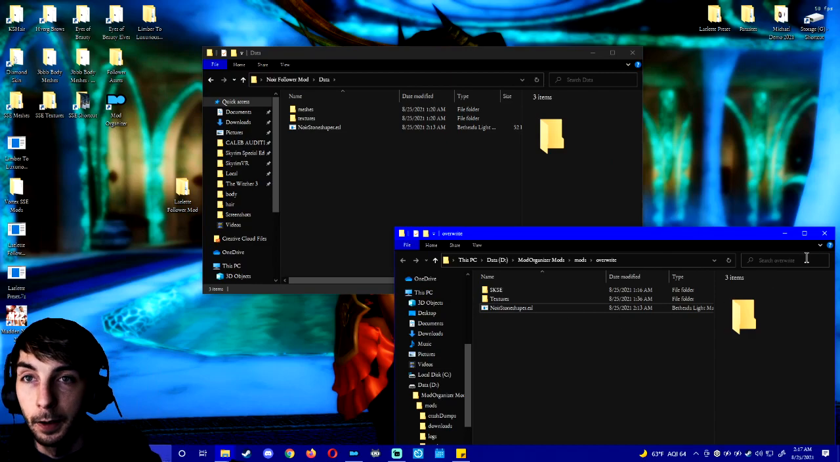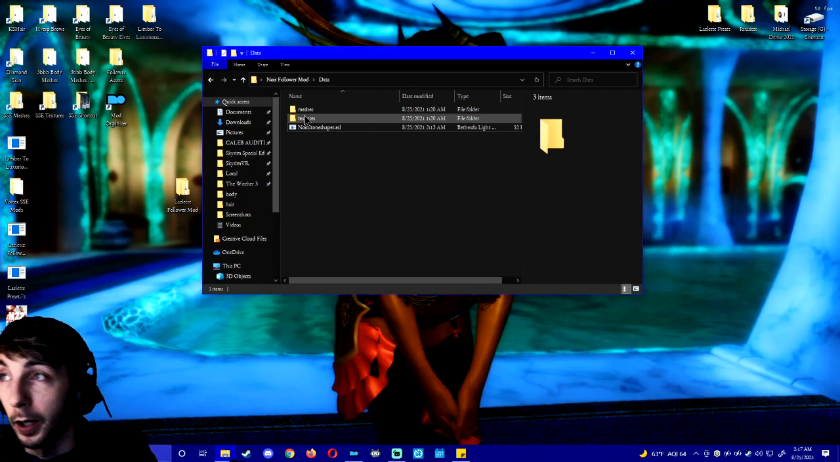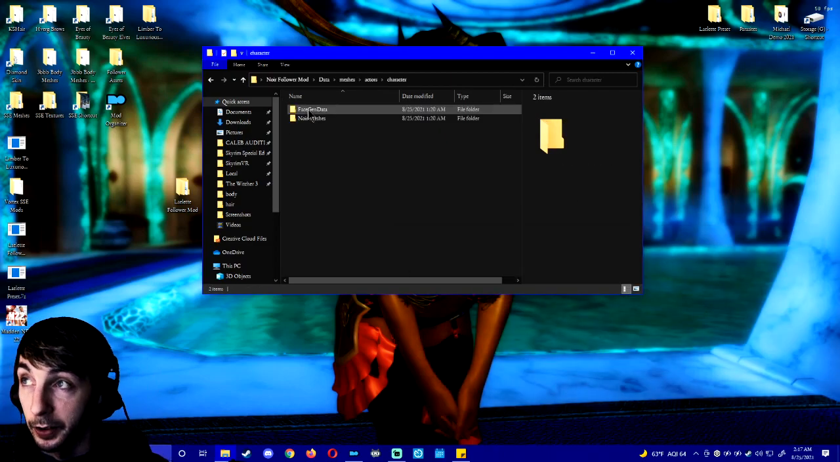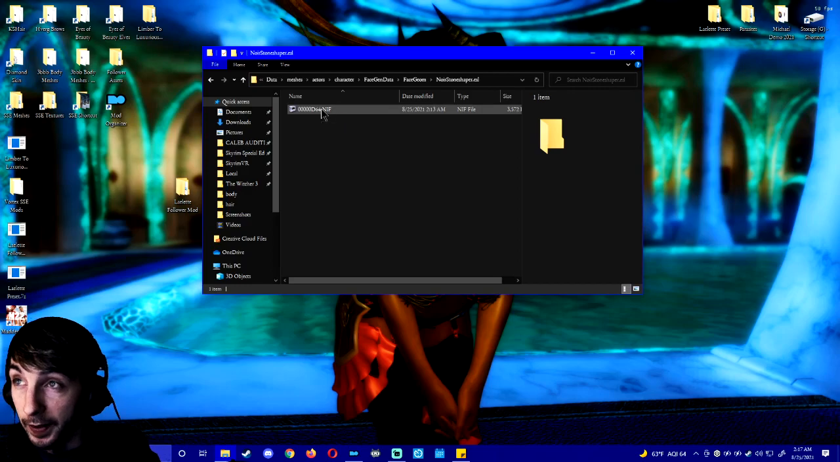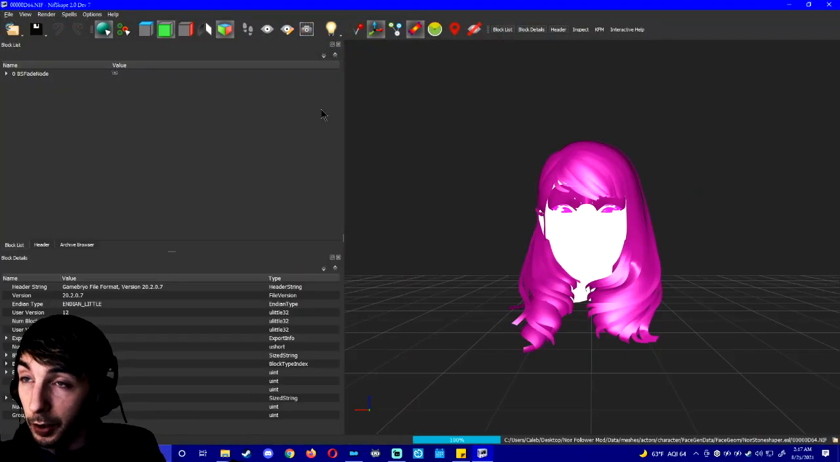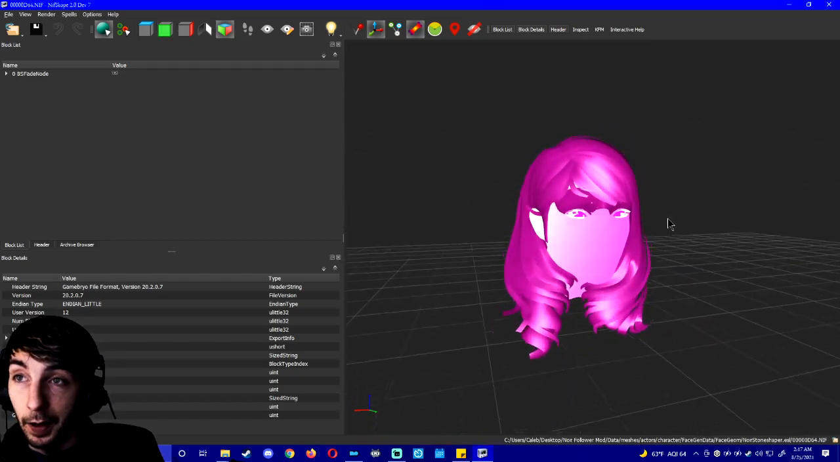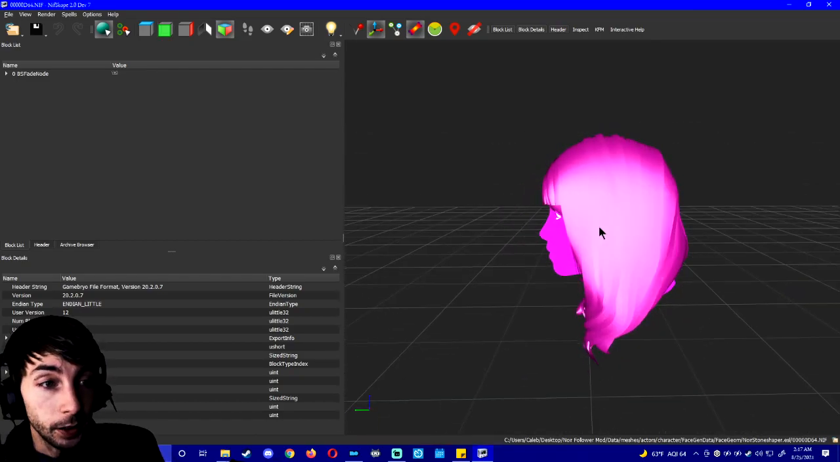Hit delete. There we go. Now we're done with that. Okay. So meshes, actors, character, face gen data, face geom, ESL, and you're going to double click on this. This is where we use Nifskope. Links for Nifskope will be in the description below, and you will see, wow, that looks like our character, just